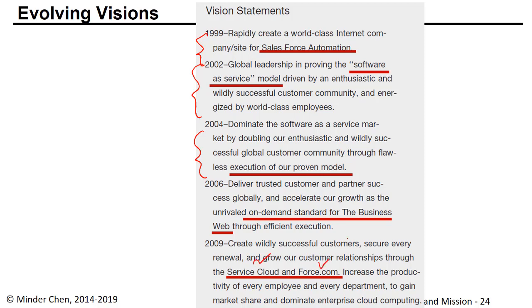Force.com is another product they have. However, in the 2004 version, they want to have a flawless execution of our proven model. I believe they got into some trouble in terms of the performance of their platform. That's why they emphasize flawless execution of their proven model.